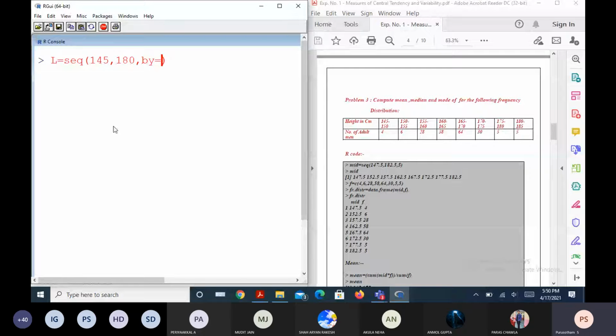Then what is the upper limit? Sequence. This starts from 150, ends with 185, right? Yes, sir. By 5, right?